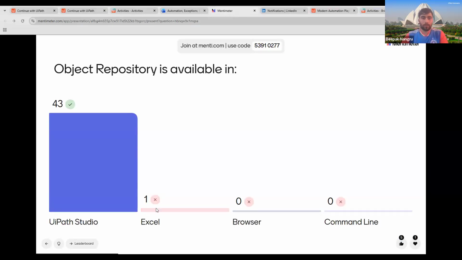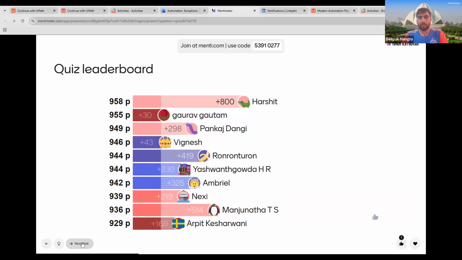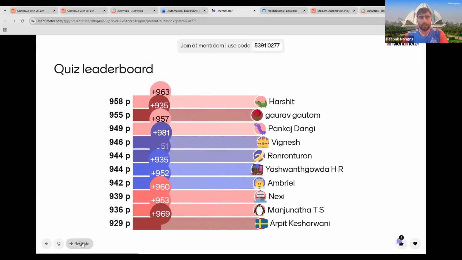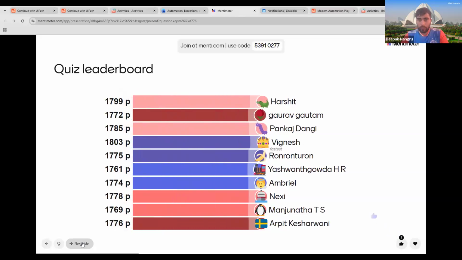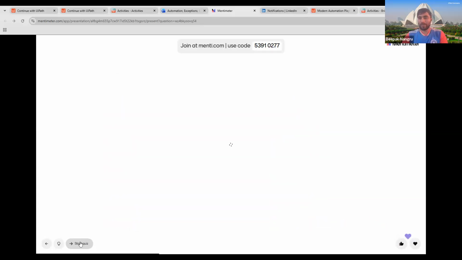Okay, one people has got wrong. Yes, it's Excel. Okay, 43 is correct. Who's the fastest now? I think Harshit is still the fastest. Oh, Vignesh was the fastest. You can see how the rating has changed.